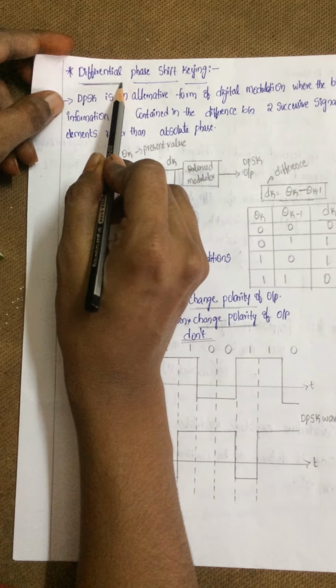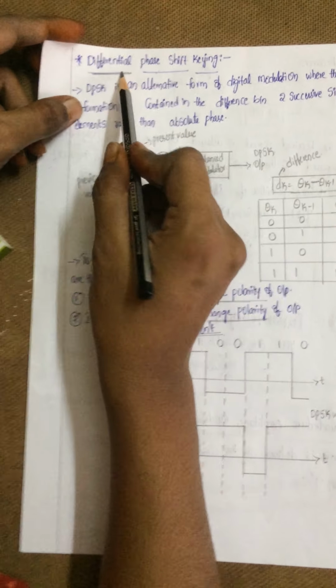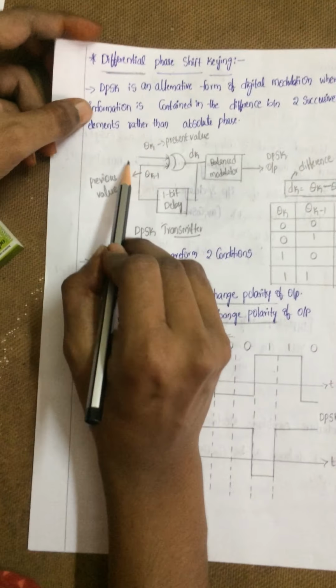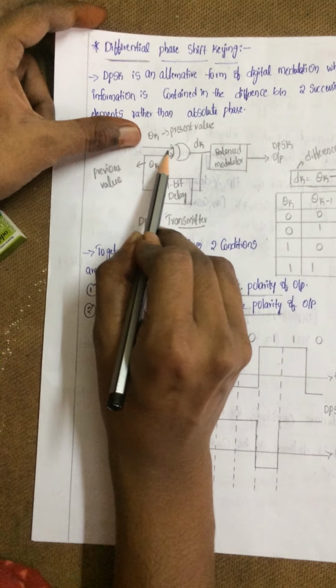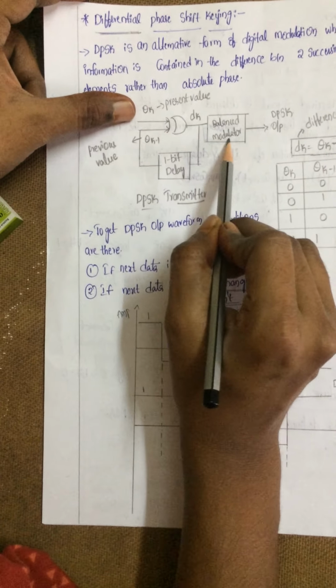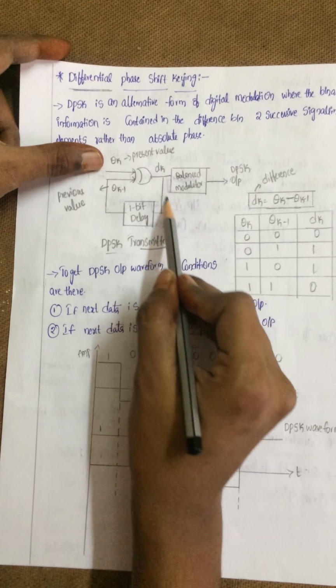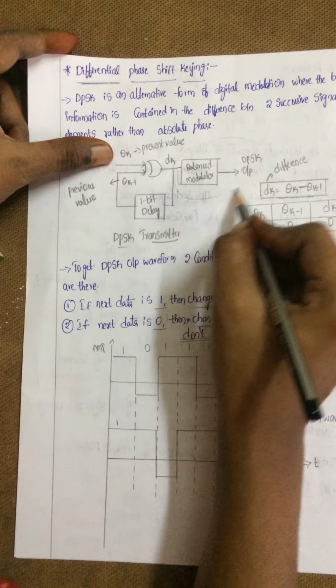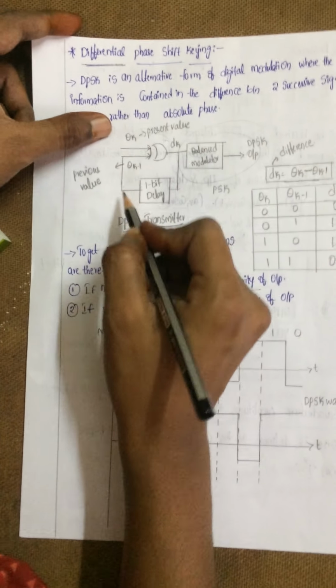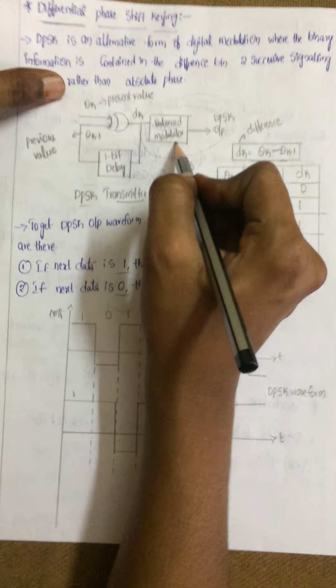The name itself says differential, meaning we have to take subtraction. That subtraction is how, see from this block diagram we can say we are taking the present sample and the past sample. The difference of the two samples we are giving to the balanced modulator. This structure is the same as PSK. I can say this is PSK, but one extra circuit connection is there, that is nothing but the subtraction value. So only for a change in this difference am I performing PSK.